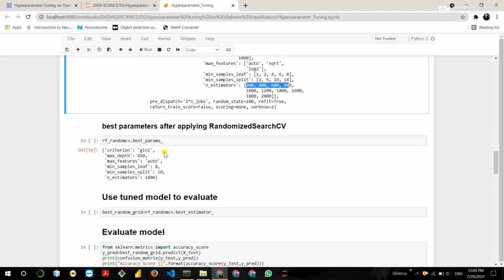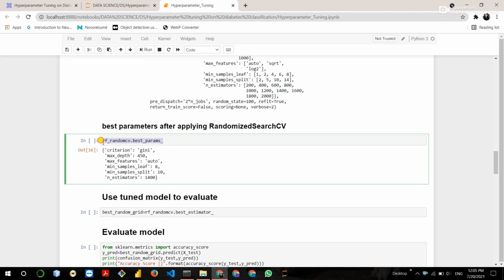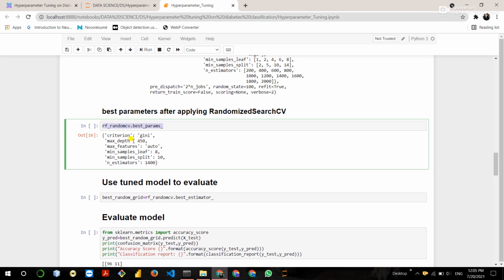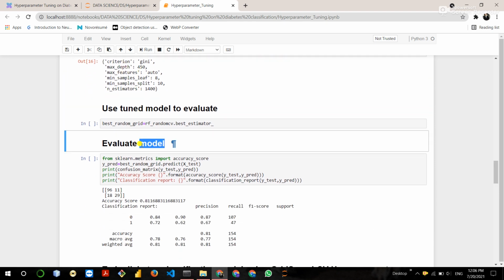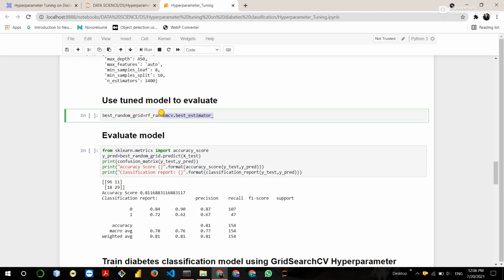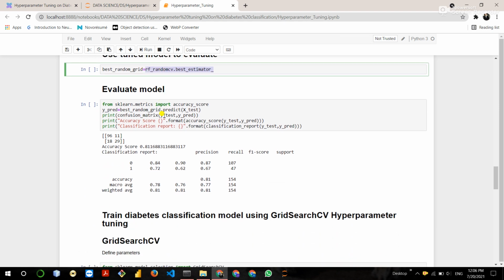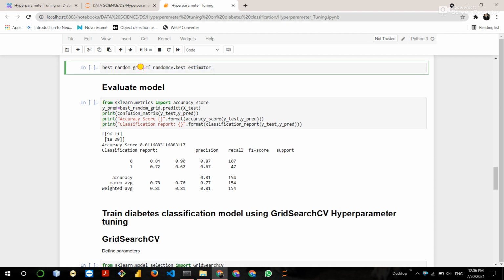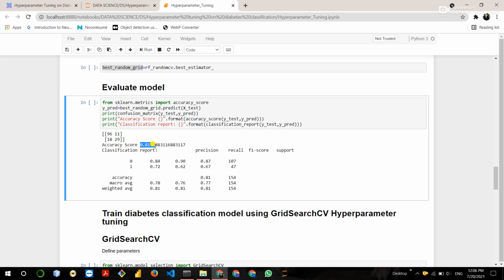Now you can see the best parameters which our model selected: gini, 450, max features. Then evaluate the model using the best parameters. So it is assigned to the best random grid. Then check the accuracy, classification report, and confusion matrix. So overall accuracy is 81.16%.